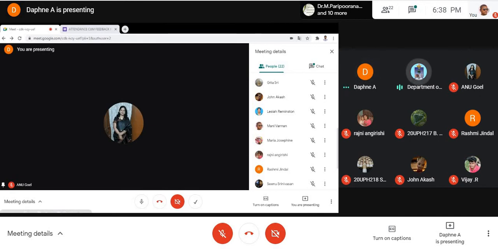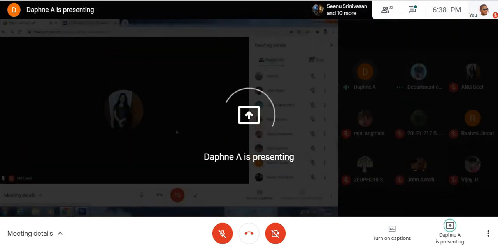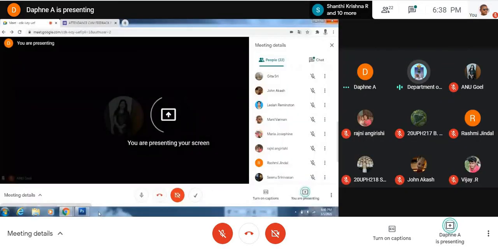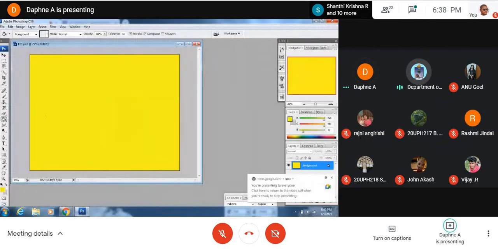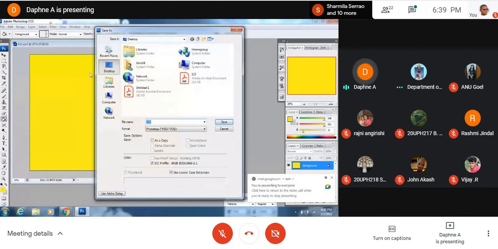Ma, I don't see your picture. Only the Google Meet is available to me. I think I have some network issues, sir. No, not that, ma. You have to choose the entire screen. There are 3 options. When you click present now, you have to choose the entire screen. First one. I did that. Now able to see, sir. I'm seeing your screen again, but not Photoshop. Yeah, you click Photoshop. Now okay. Go to File, Save As. I'm saving it as Photoshop.